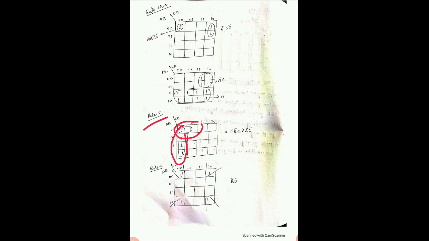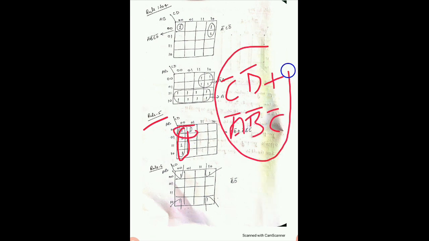There is one grouping, and we have to make it in such a way, in this fashion. Then we see that this one is overlapped by making these two groupings. This overlapping is possible in the K-map, because we have to make groupings as large as possible. Then we have to write this as the simplification.